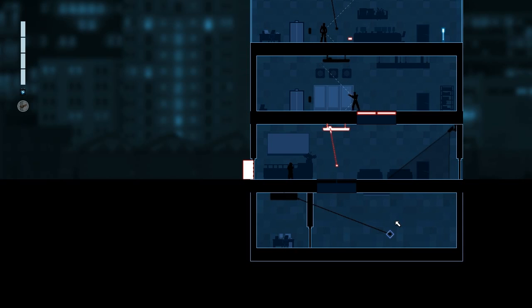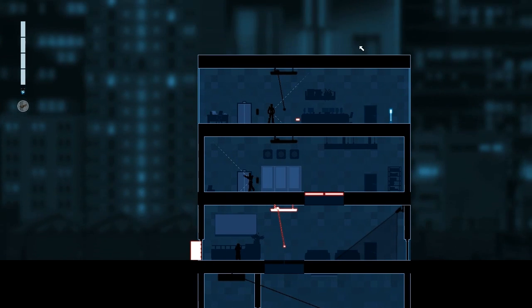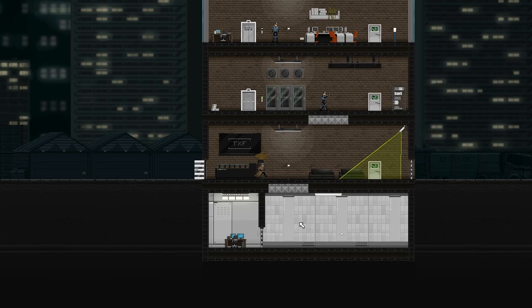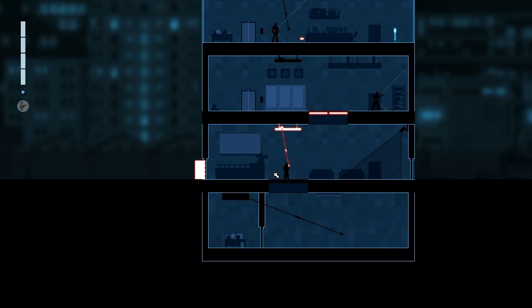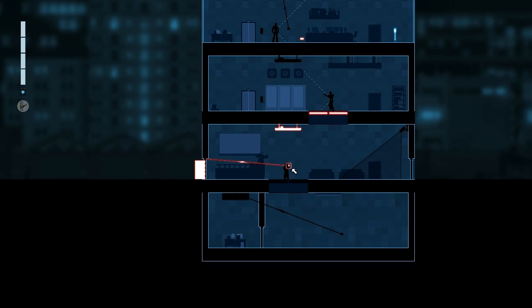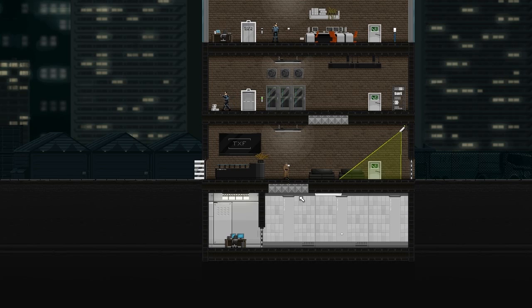The main gadget you use is the crosslink, which lets you switch to this mode where you can see all of the electronics in the building and you can drag them around to wire them however you want them to work. So normally a light switch turns off a light, but I can wire it to a door and open and shut that, or I can wire it to this trapdoor, and when I press the switch, the trapdoor's going